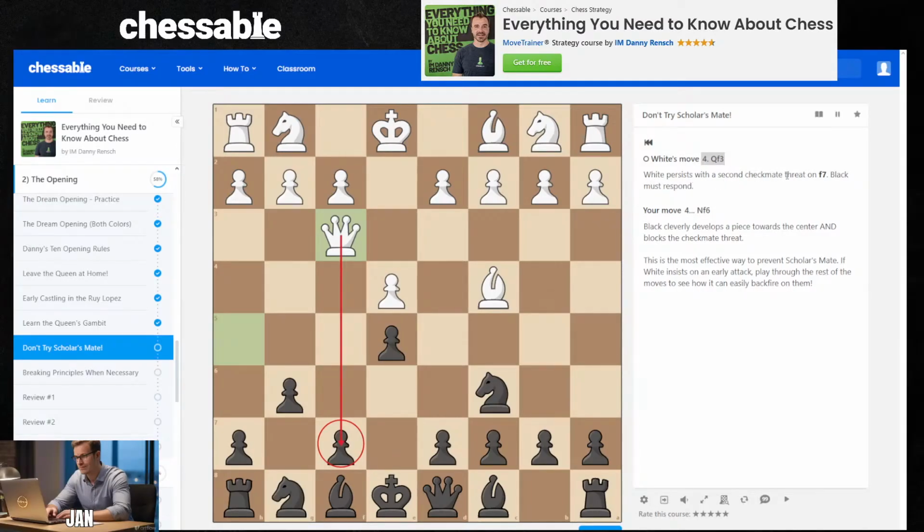White persists with the second checkmate threat on f7. Black must respond. And here it says knight f6. It's blocking the white queen from checkmating. Black cleverly develops a piece towards the center and blocks the checkmate threat. This is the most efficient way to prevent scholar's mate. If white insists on an early attack, black play through the rest of the moves to see how it can easily backfire on them. Okay,